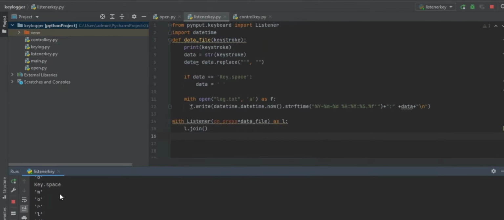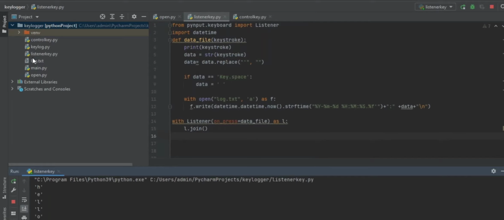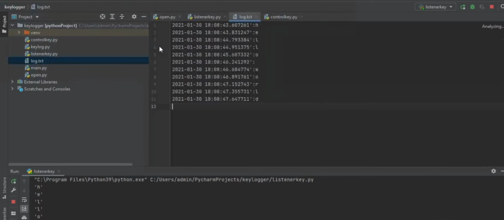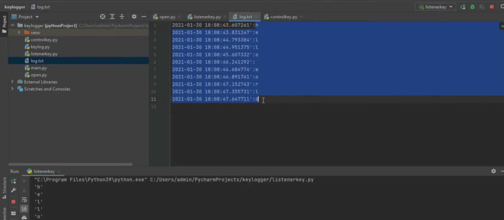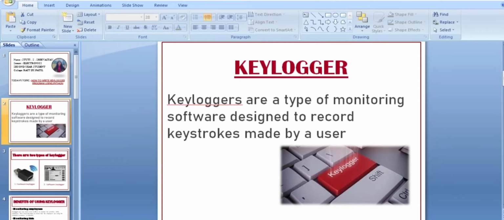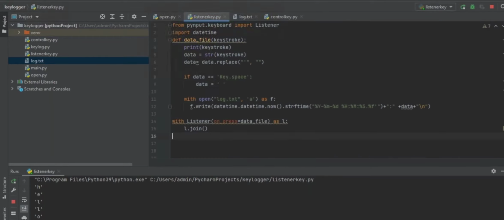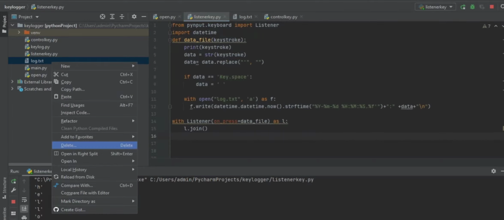As you can see, a log.txt file is created, and inside this, whichever keystroke I've typed is recorded in this text file. So we'll learn how we can write this program and how we can store every keystroke in this text file. So I'll delete this file first.